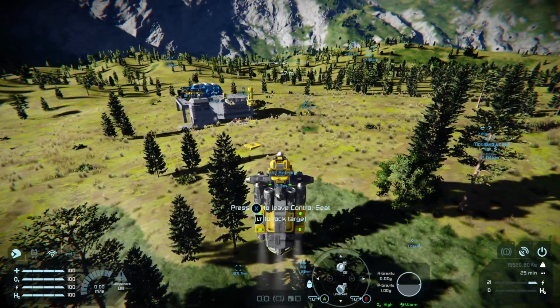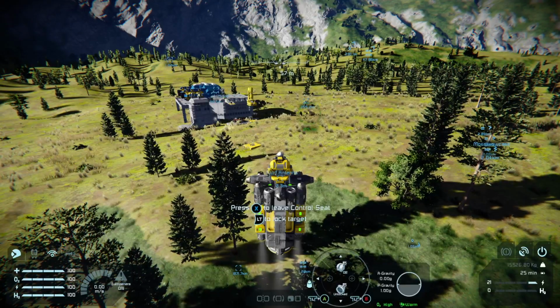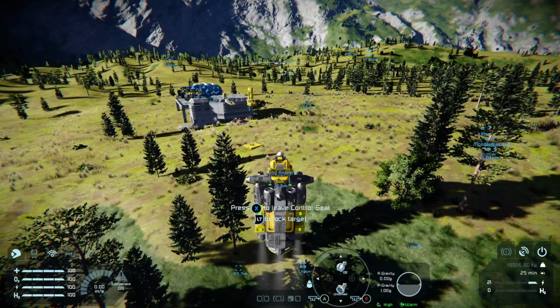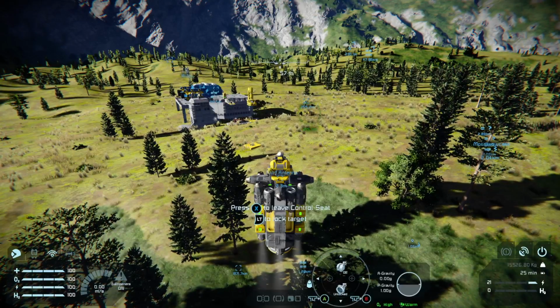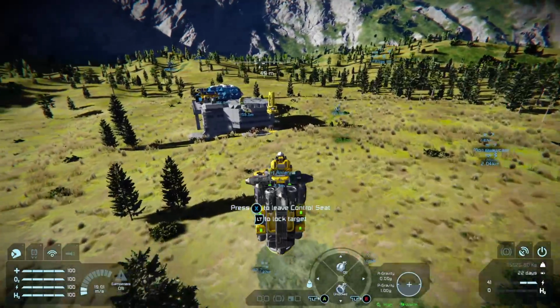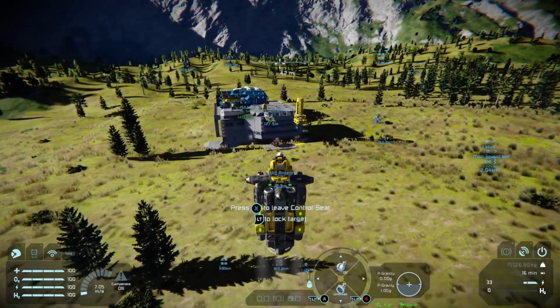So how do we make this drone go back to that yellow platform over there, land and lock the connector? Can we do this using the regular remote control? Yes, we can. So what we're going to do first is we're going to pilot our little drone over here.